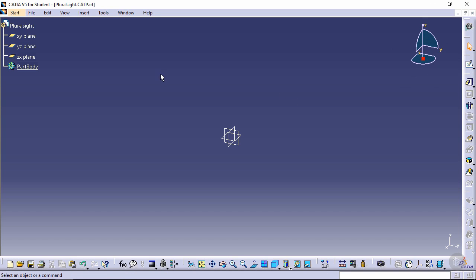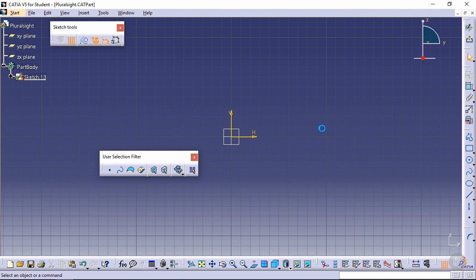Another way of selecting planes is if I go on the left hand side of the screen in the product tree area, I can hover over the YZ plane, and when I left click on it once, again at the center of the screen, the YZ plane borders have gone orange, meaning that the YZ plane has now been selected. And now I can do the same thing, move my mouse to the right side of the screen, and on the toolbar select sketch. When I left click on the sketch icon, CATIA takes me into the Sketcher workbench or